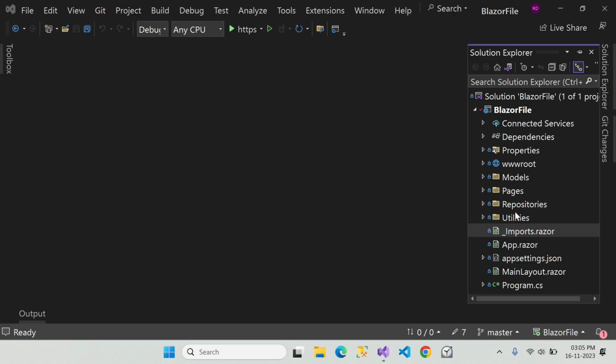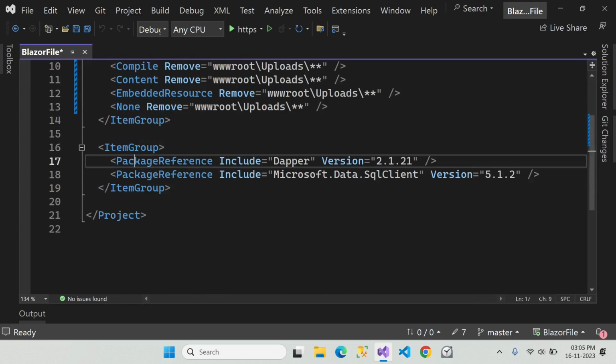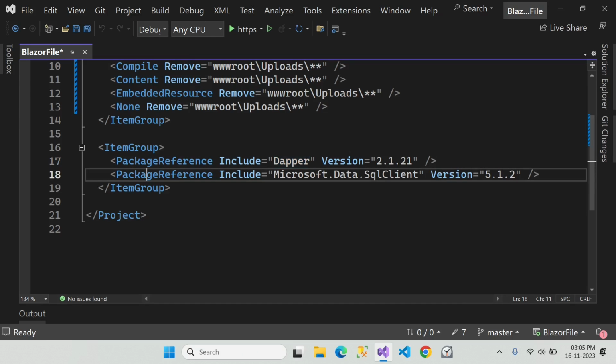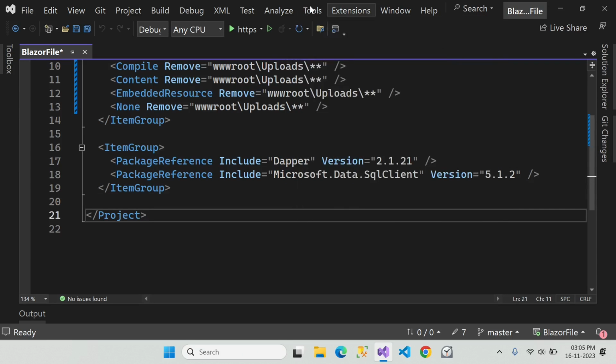So the first thing you will do is install these two packages. The first package you are going to install is Dapper for database connectivity, and the next package you are going to install is Microsoft.Data.SqlClient. So if you don't know how to install these packages, go here to the tools section, and